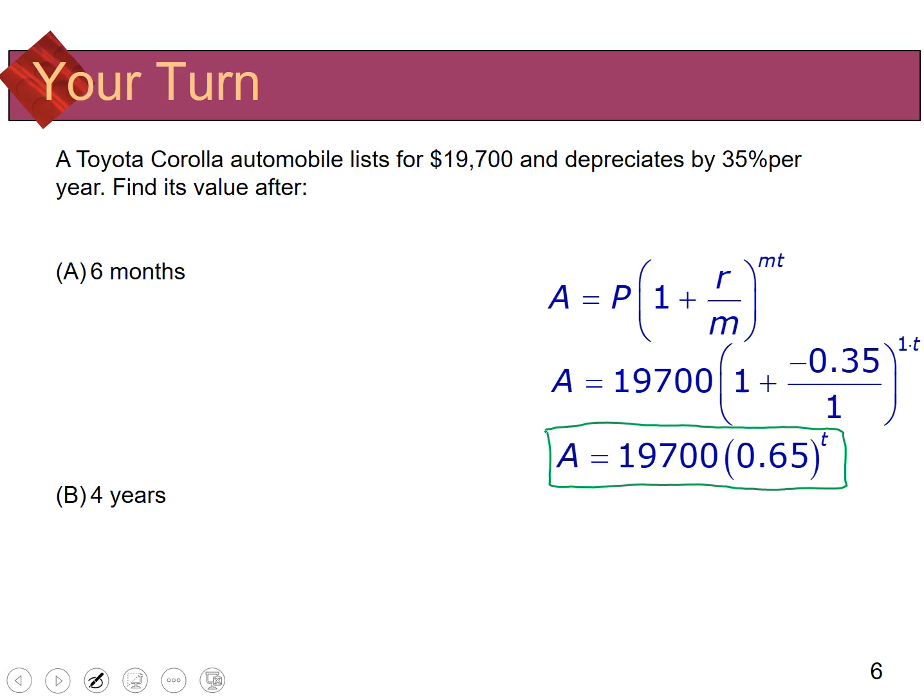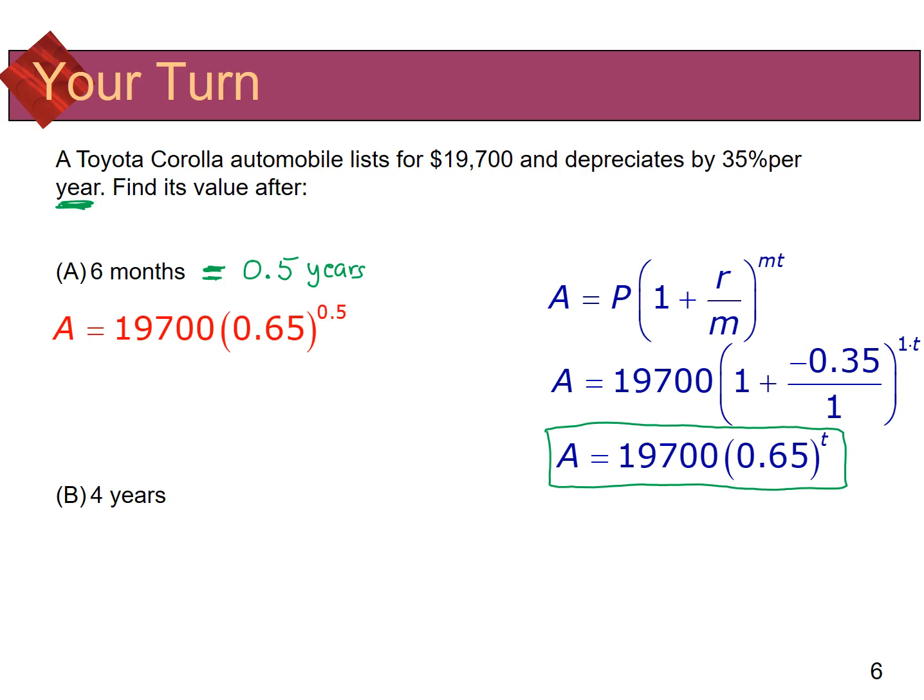So in this case here, after 6 months. Now, since everything here is dealing with years, we have to make sure that we're putting in a value of t that represents years. So for 6 months, I don't want to put 6 in for t, because if I put 6 in, that would represent 6 years. I have to realize that this is half, or 0.5 years. So when I plug that into the formula now,